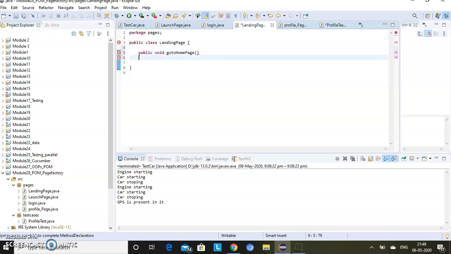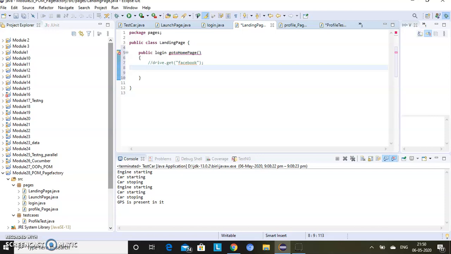In that, I am not writing the full code, but we can have driver.get Facebook. Or what we can do is create the object of login page.